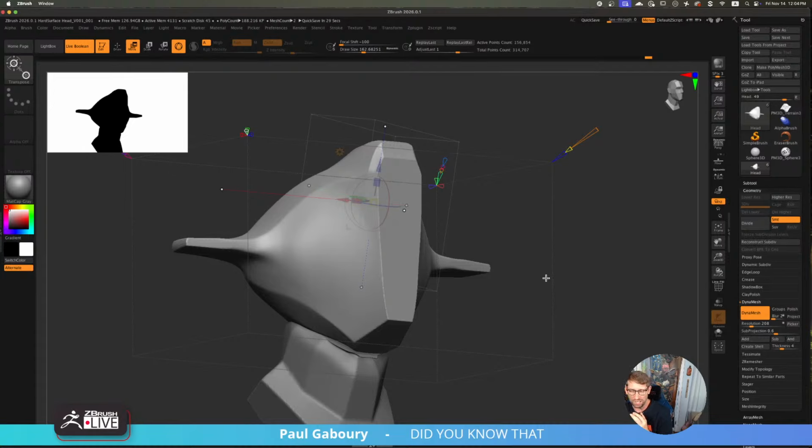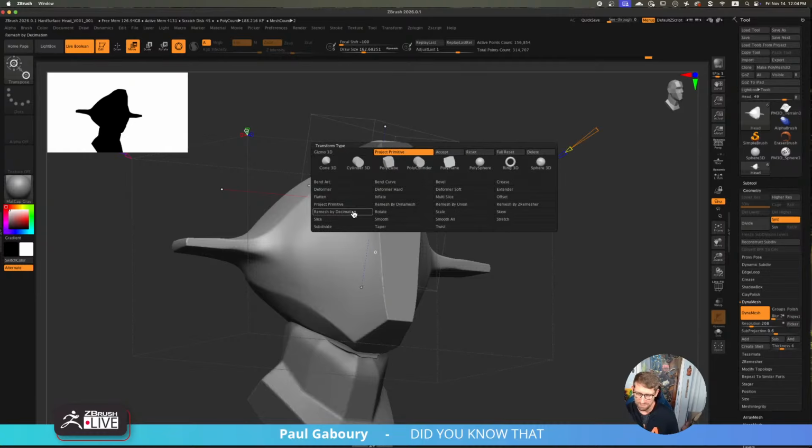This is again project primitive, found within the gizmo right here. Project primitive is what I'm playing with. You cannot add custom shapes. That was, I'll be honest with you, on the list of, oh, we've got to do this next, we've got to add some custom shapes. But I'm not seeing a lot of people using this, so it's hard for us to think about putting resources into this. I think it could be better to put resources in other places, into things we're trying to do right now and the things we've done in the last couple of years. It feels very CAD-like, or the closest ZBrush can be at least. Yeah, because we don't have NURBS-based, for sure.